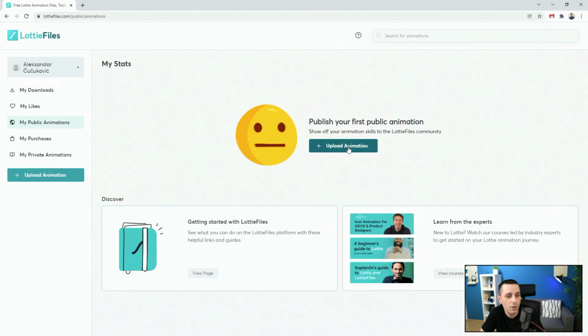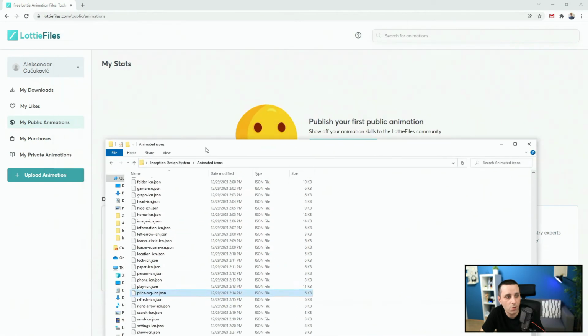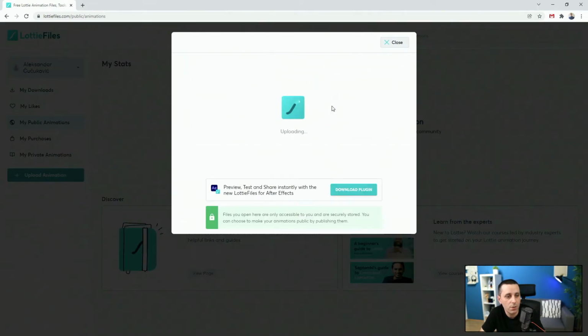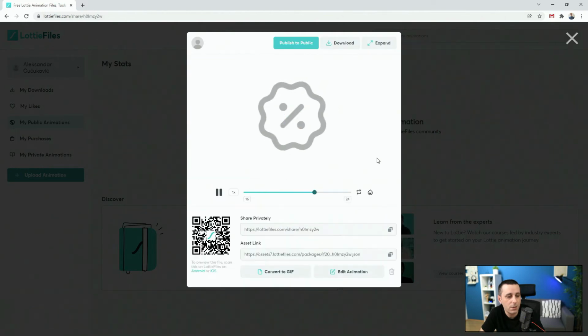And what you can do is where it says upload animation, you can click right there, or you can take this folder that you got and price tag icon, drag and drop it into here, and once it updates and animates, you can see how it looks like. So what you can do right here is you can convert it to GIF if you want to, or you